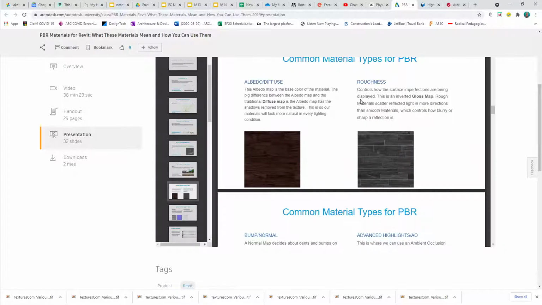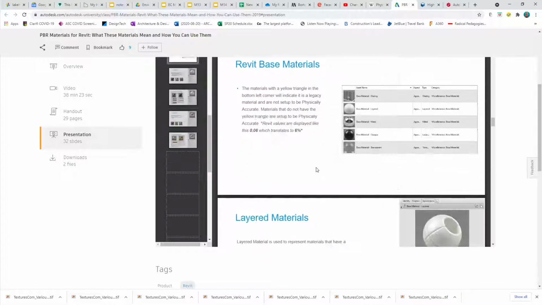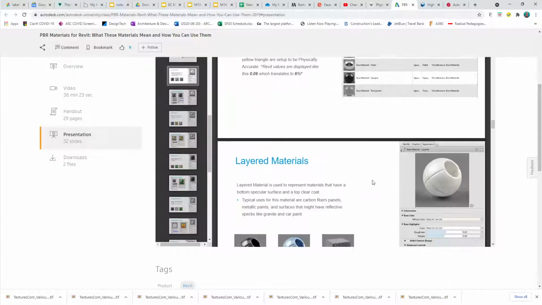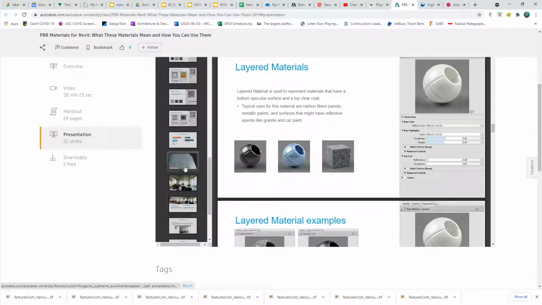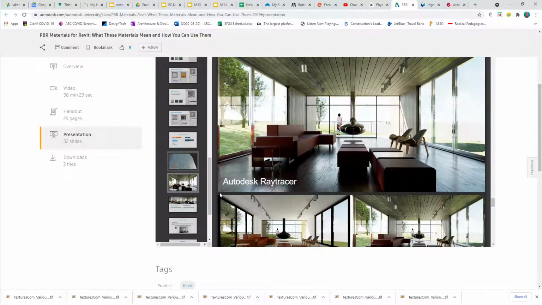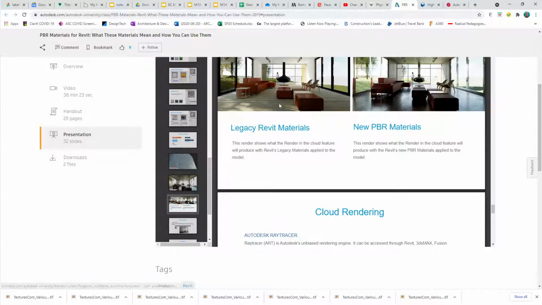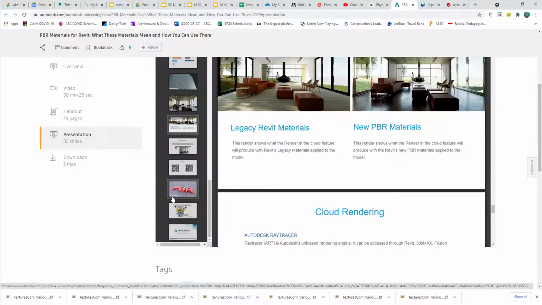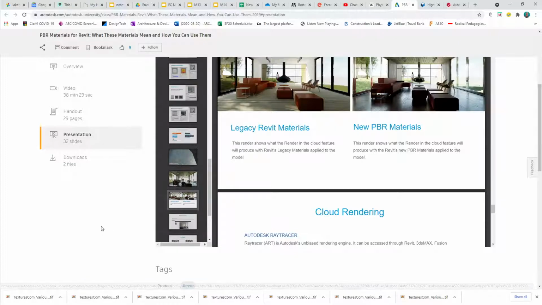It talks about what these terms are, where we're going to be using these when we load these special characteristics in to create our own PBR textures, and how to do that. We'll go through this whole process. Ultimately, the goal is to create more realistic looking surfaces. He goes through in the video and shows some comparisons. Like I said, this is well worth spending a few minutes and going through the 38 minutes